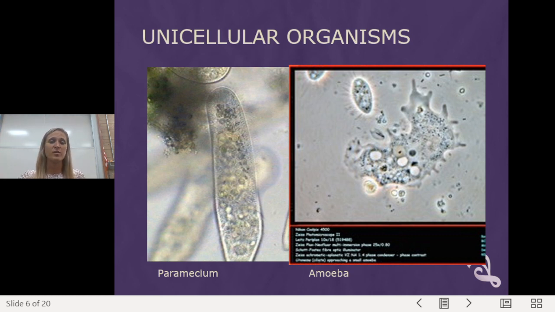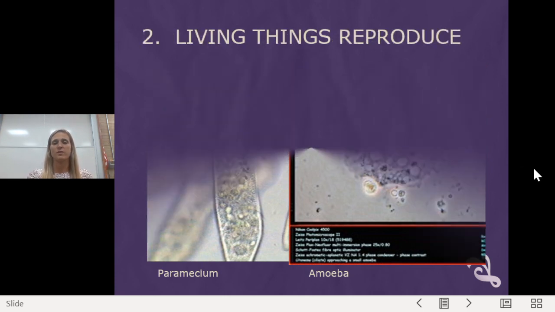Actually, we have one on campus, so there's a pond tour that you should be seeing. And these are some of the organisms you can find there. All right,